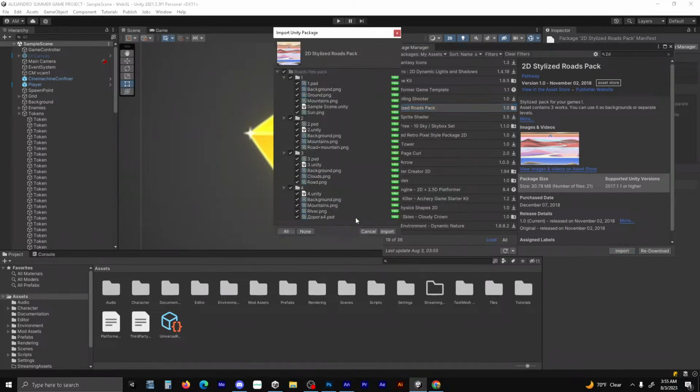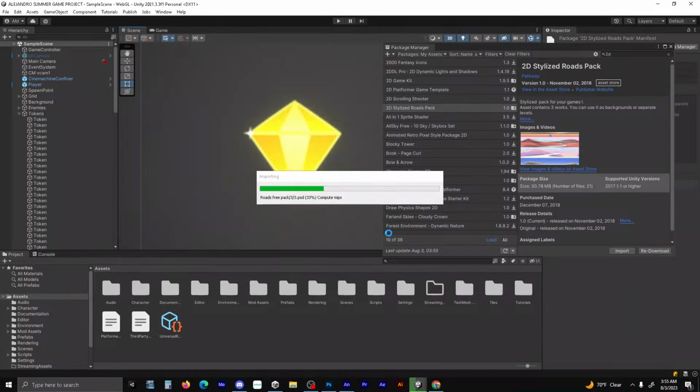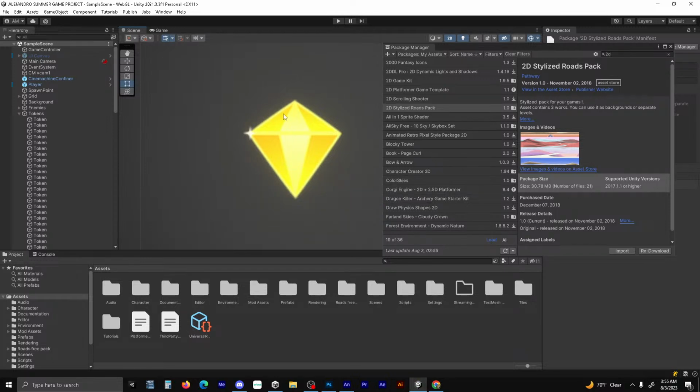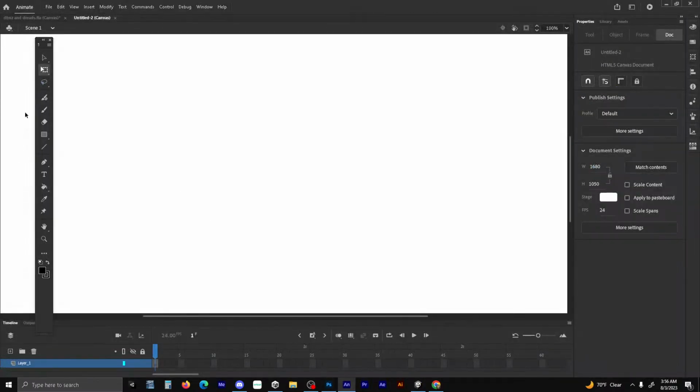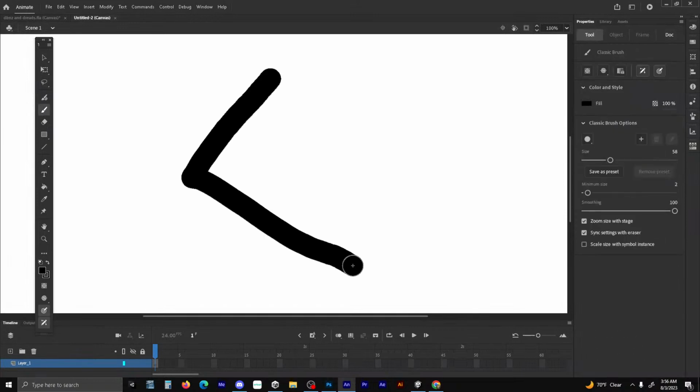An asset can be a character, it can be music, it could be a little bit of anything. So kind of keep that in mind when you're making games. You can use assets to speed up development, because this diamond right here, I can go to Adobe Animate and literally